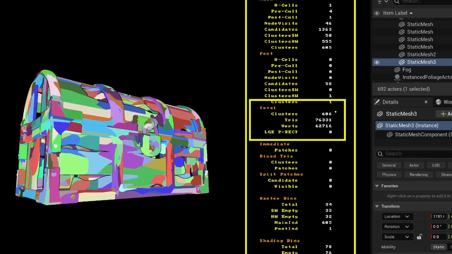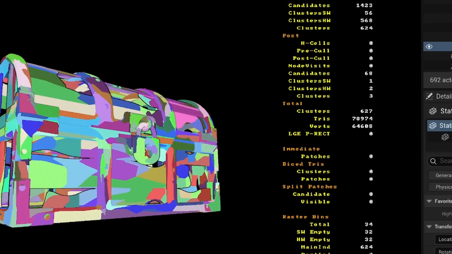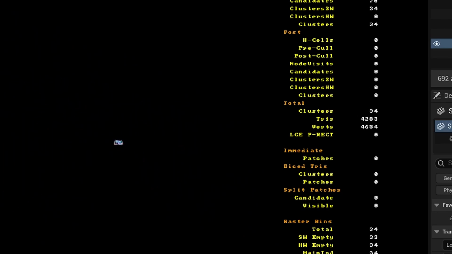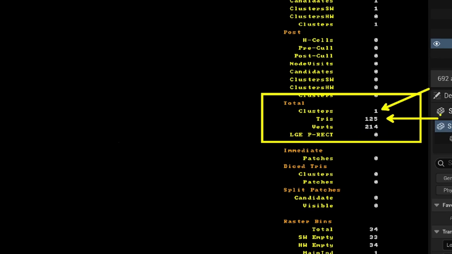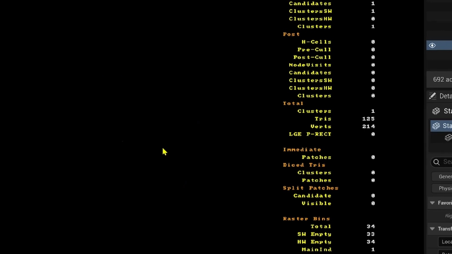Without going through each line for now, let's focus on the total category. You'll quickly see that, based on our position and distance, the clusters and the number of triangles dynamically change. And if we move far away to a single cluster, we'll return to the basic logic of minimal triangles around 128. The goal is to ensure that the clusters maintain a constant size on screen to keep the triangle count